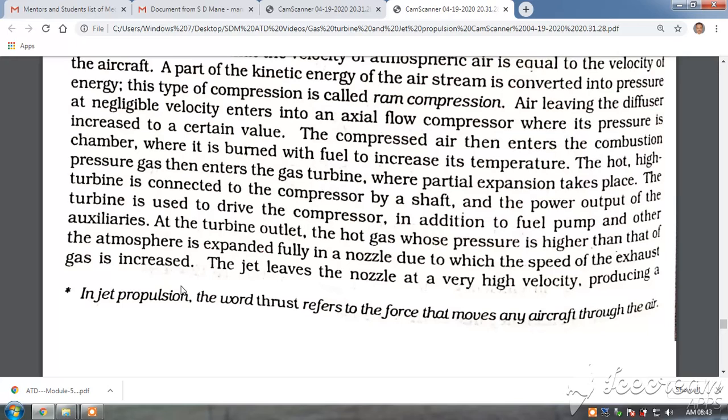The other engine, the turboprop engine, cannot run at this speed. It runs at around 500 to 600 kilometers per hour, and also only for a small distance, whereas turbojet engines run for a long distance. Long haul aircraft are now all turbojet engines. For short haul, around 300 to 500 kilometers, we use turboprop engines. But for a 2000, 5000, or 10,000 kilometer range, only turbojet is used. Okay, thank you.